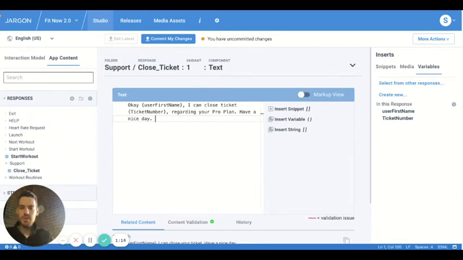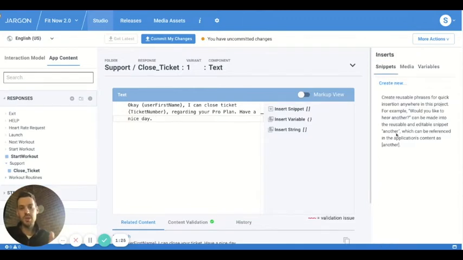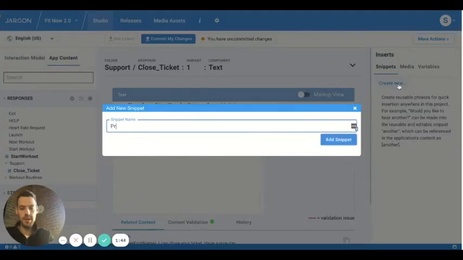If you have reusable text that can be referenced in many, many different places, but you want to maintain consistency over it, you can use what we call snippets. And these are essentially just reusable phrases that you can manage in one place. So for example, in this message, I say regarding your pro plan. Well, I want to make sure that I refer to it as the pro plan throughout all of my responses. So I'm going to come in, I'm going to create a snippet called product name,